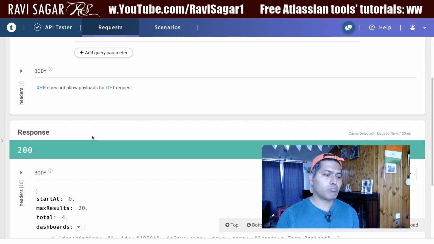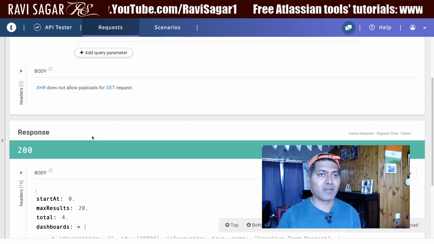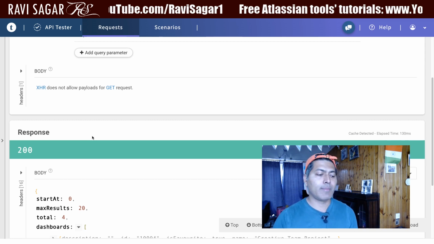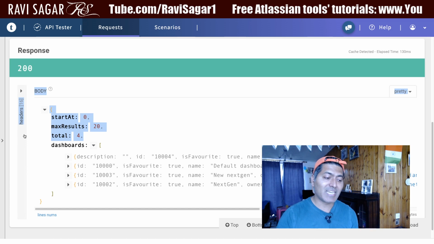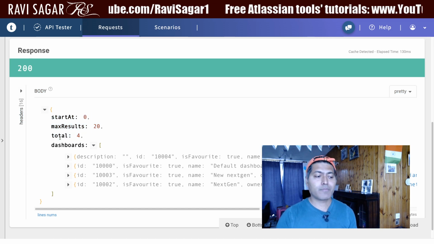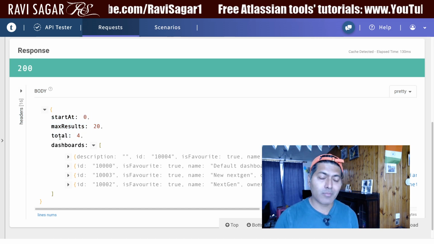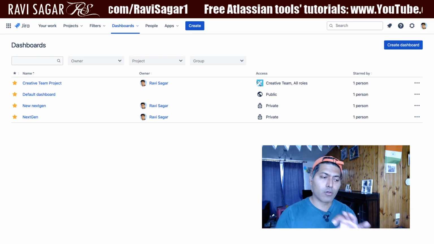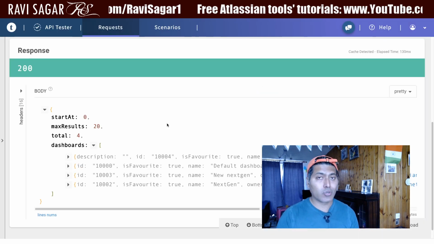Anyone can use REST API, and they can do whatever they are supposed to do based on their permissions. So if I'm able to see 4 dashboards here, it means that there could be more dashboards in the system, but these are the dashboards that I can access from the UI and also using the REST API. But there could be more.